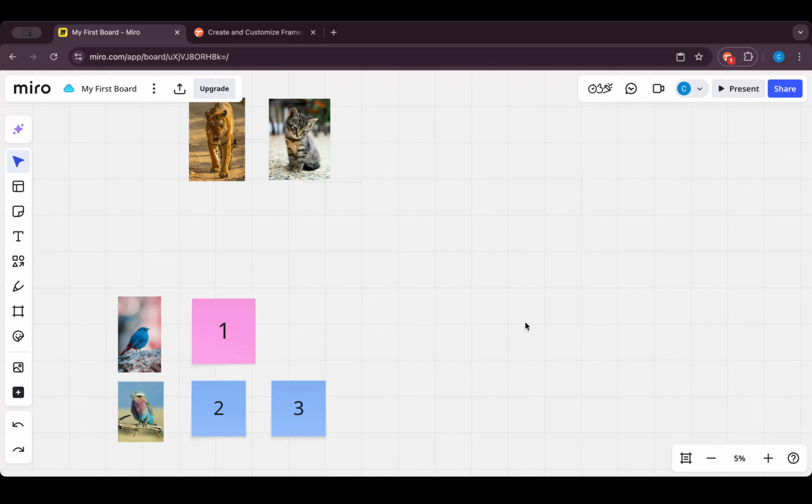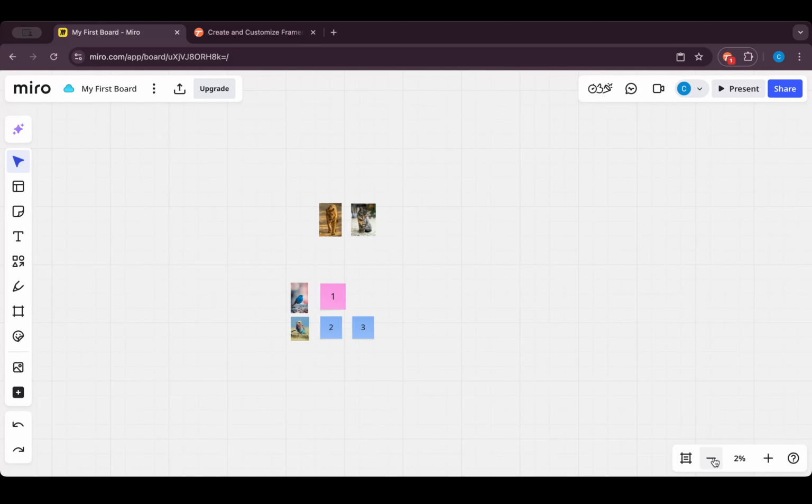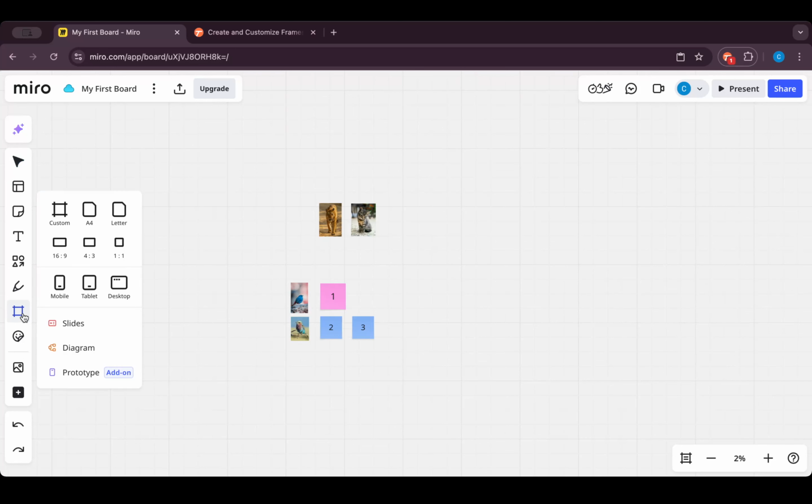We'll start by navigating to your Miro board. Once you're there, you'll want to locate the Frame tool. This generally appears on the toolbar or can be accessed by pressing the F keyboard shortcut. Clicking on this will highlight the frame options available for you. This tool is fundamental as it acts as a visual boundary on your board, much like a page in a